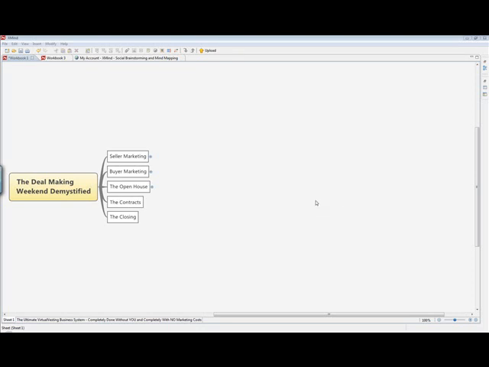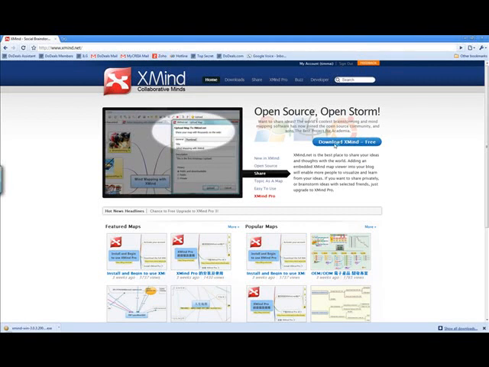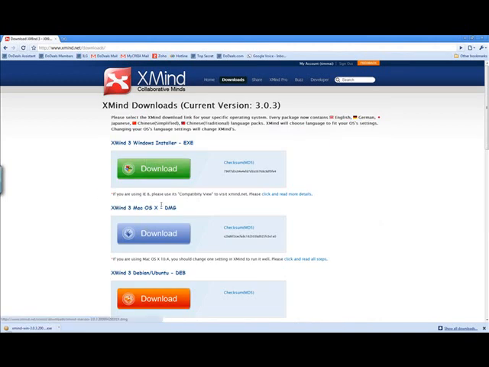Most of you should be able to download it and work just fine. Fiona, what browser are you using? What Windows are you probably using? Internet Explorer should work. I can go here and click on download free. This is a Windows computer I'm on. If you're on a Mac, you can click download here.